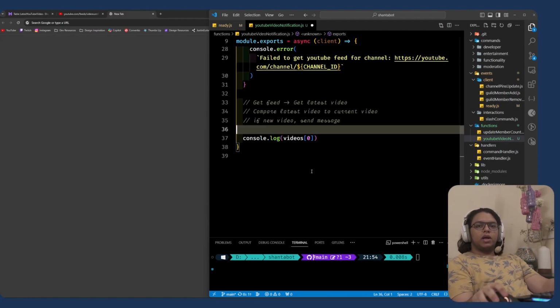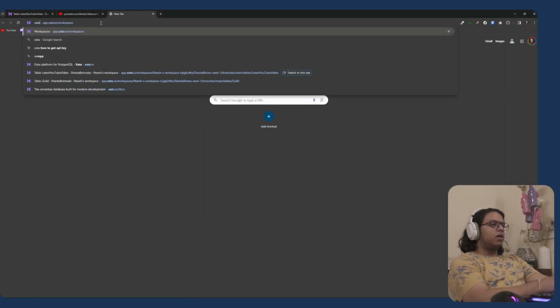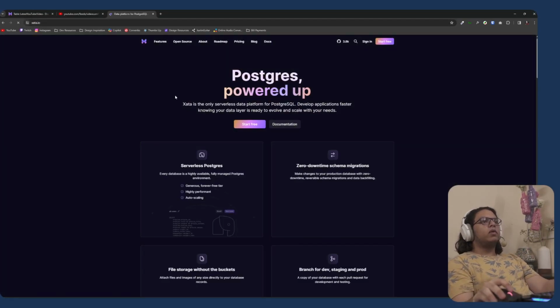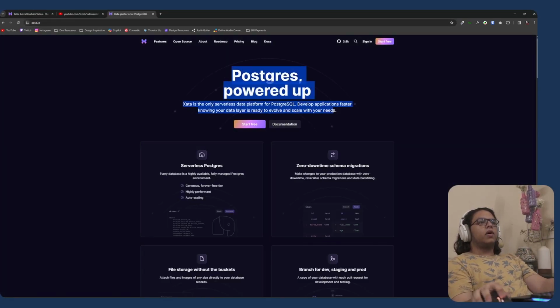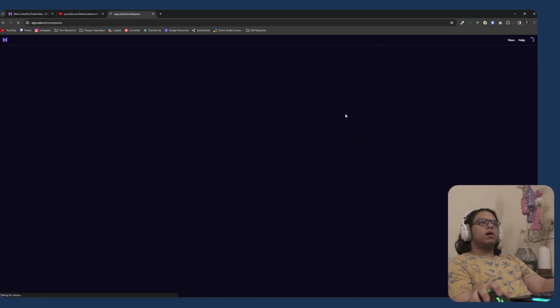and then we can send the message. Luckily, I already have a database connected to this project because I'm storing the channel ID of the member count channel. I'm actually using Xata, which is at xata.io. It's a really fun platform because they give you a complete database, with all the way up to production needs if you need them. But they also have a really nice UI where you can go in and look at the